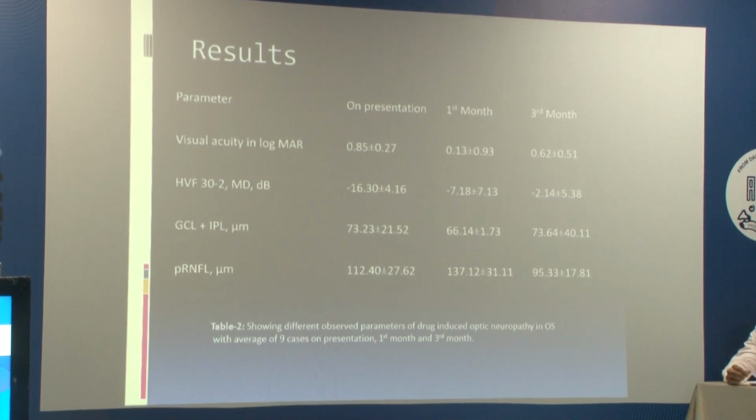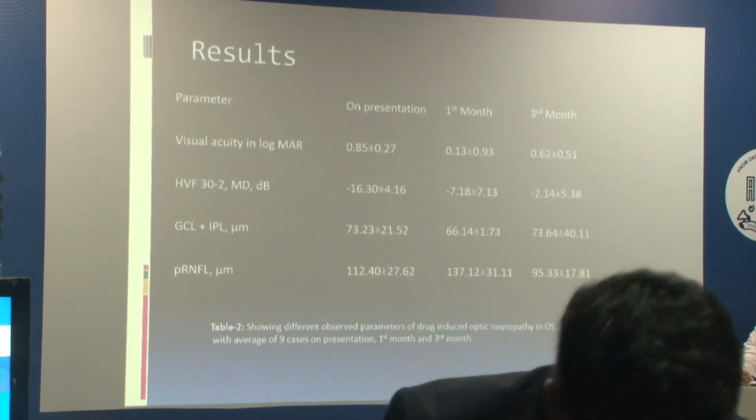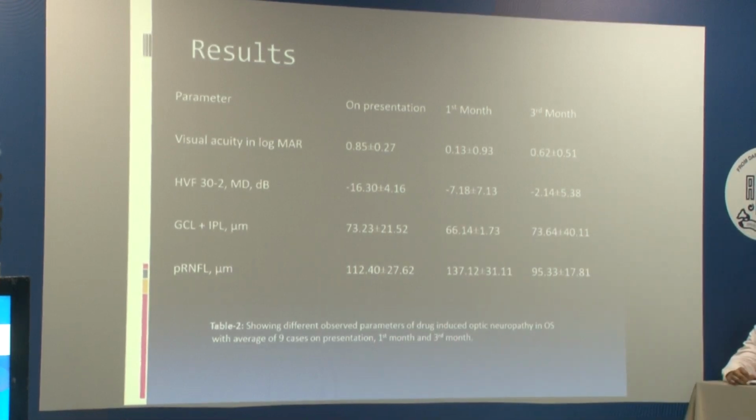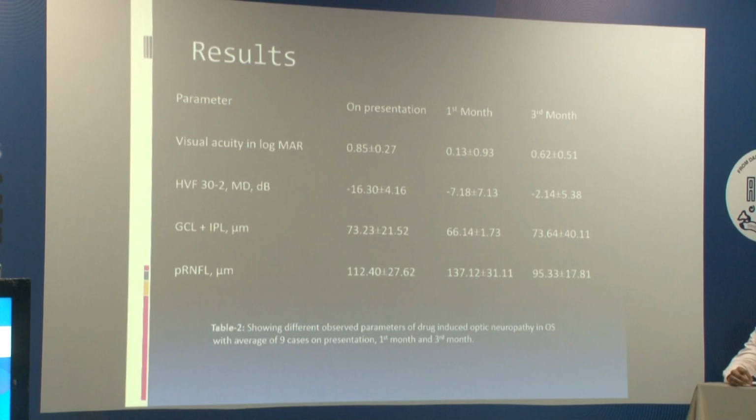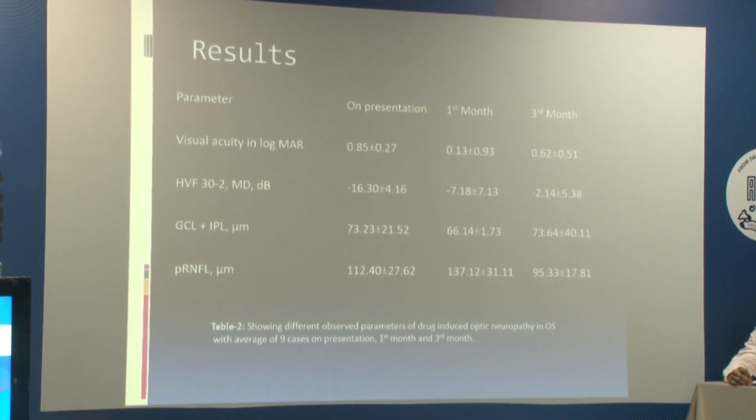In the left eye also this visual acuity was seen, which was in a decreasing trend on presentation, first and third month. Humphrey visual field again was decreasing because of the visual problem, and GCL IPL here was reduced from the presentation in 1 month, and PRNFL again did not show